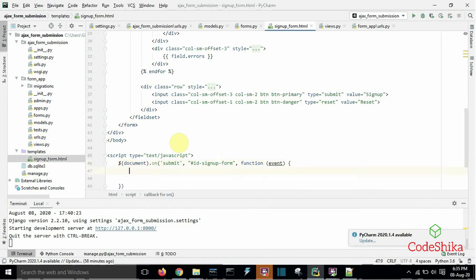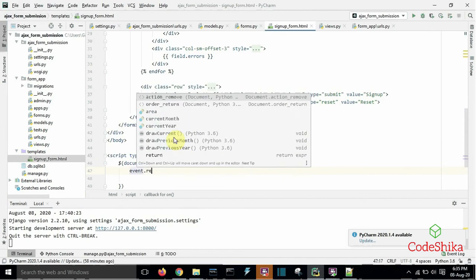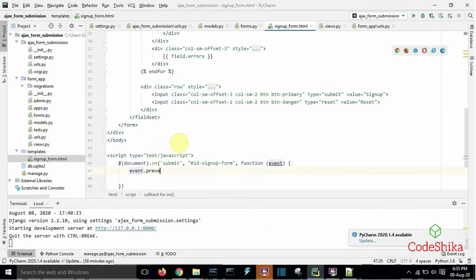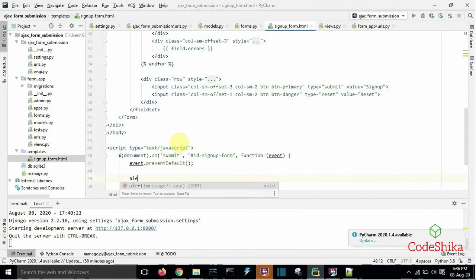Next we need to prevent the default behavior of the browser to submit the form using event.preventDefault(). Now type alert('Ajax called').